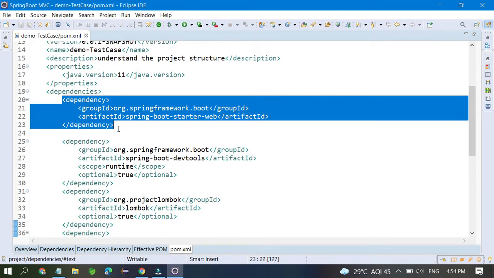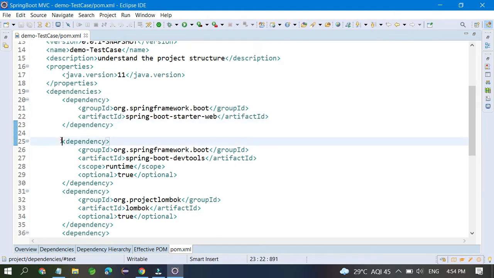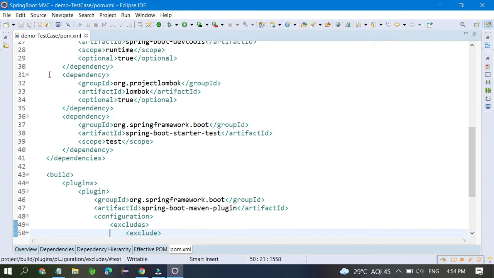This is for the web, this is for DevTools, this is Lombok, and this is the test dependency that was given automatically. No problem, don't worry about it. We need to understand what you have to do.